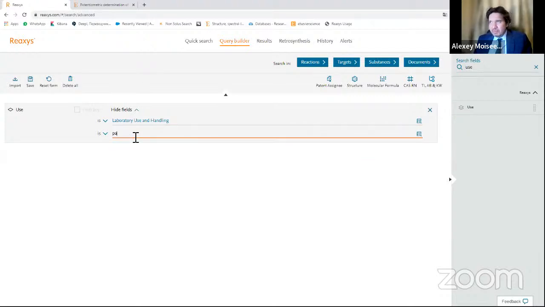You can of course place here medicine like this and find all the medical application for substances or find substances for these medical application and so on. It's a really useful tool to find the information.